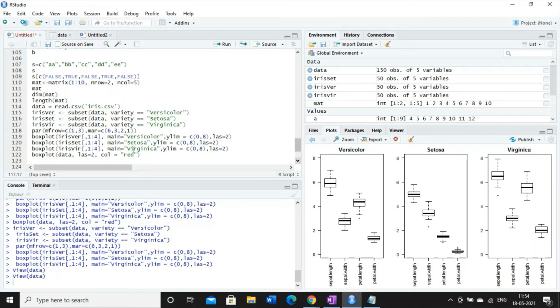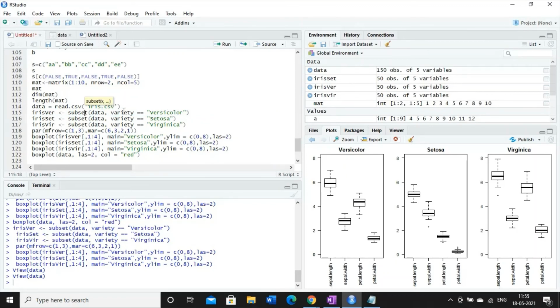What is the syntax of the subset function? First we have to write the variable name in which we have our dataset. Data is the variable name, and I have explained that it is known as an object in R, which is holding our dataset, the CSV file. So I am writing the data object which is holding our dataset, and then we have to mention the column name by which we are performing the subset function.